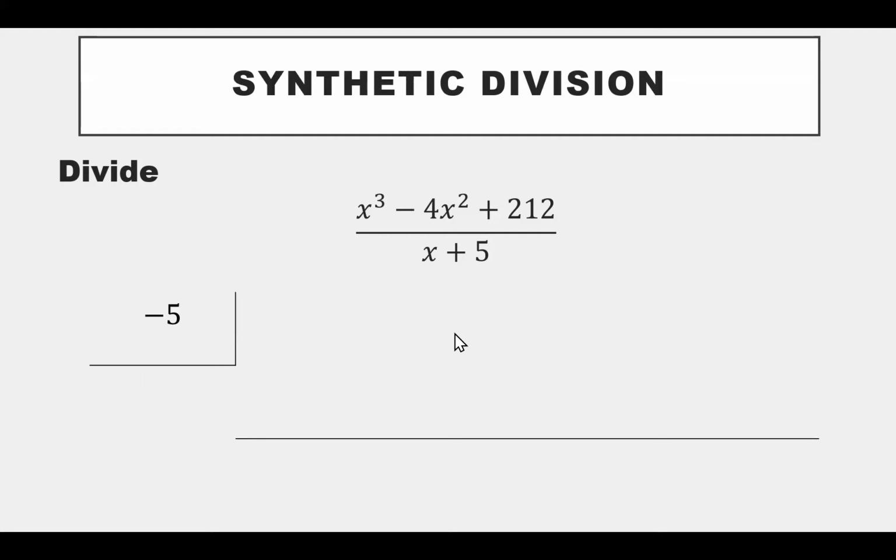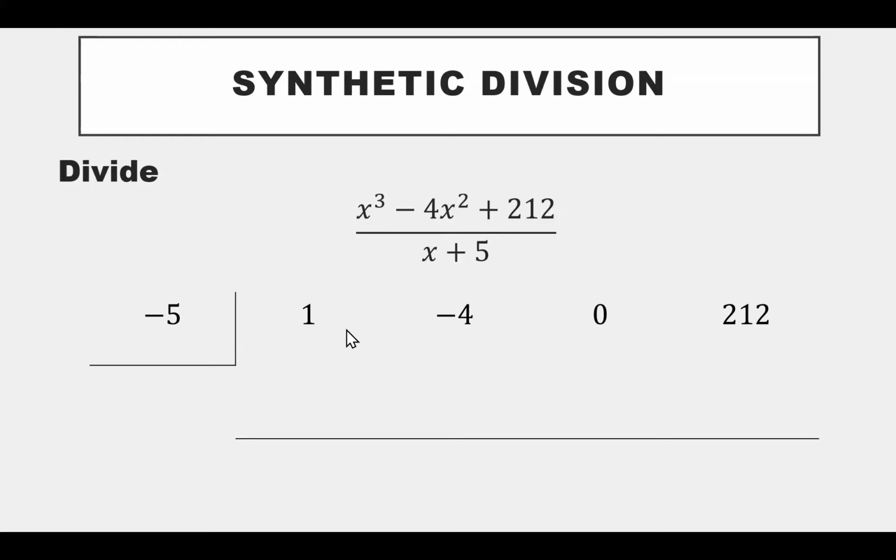Therefore, we can set up our synthetic division. The way usually I do it is I put a box in the upper left and then I put a line right here. I'll put that r value, in our case that's negative 5, in that box. Then I put the coefficients of the terms in the numerator